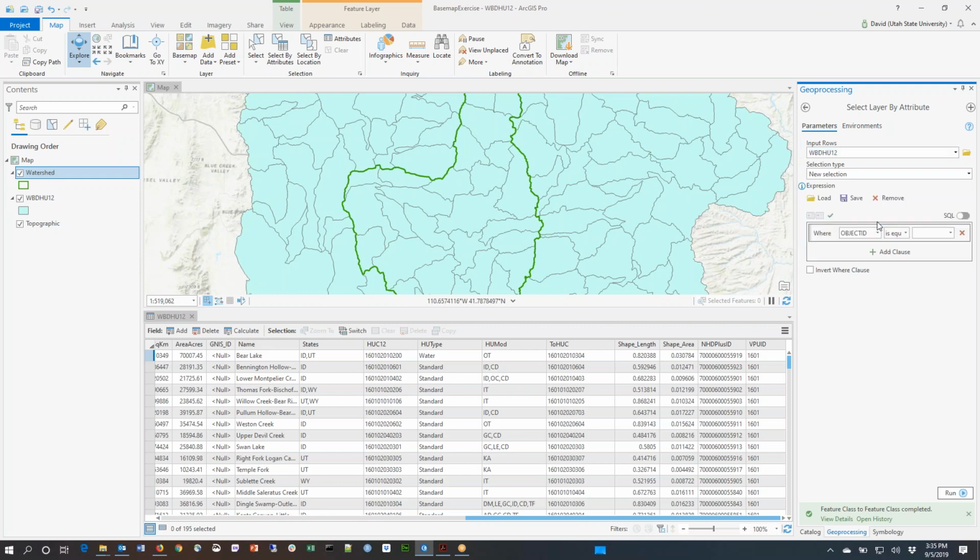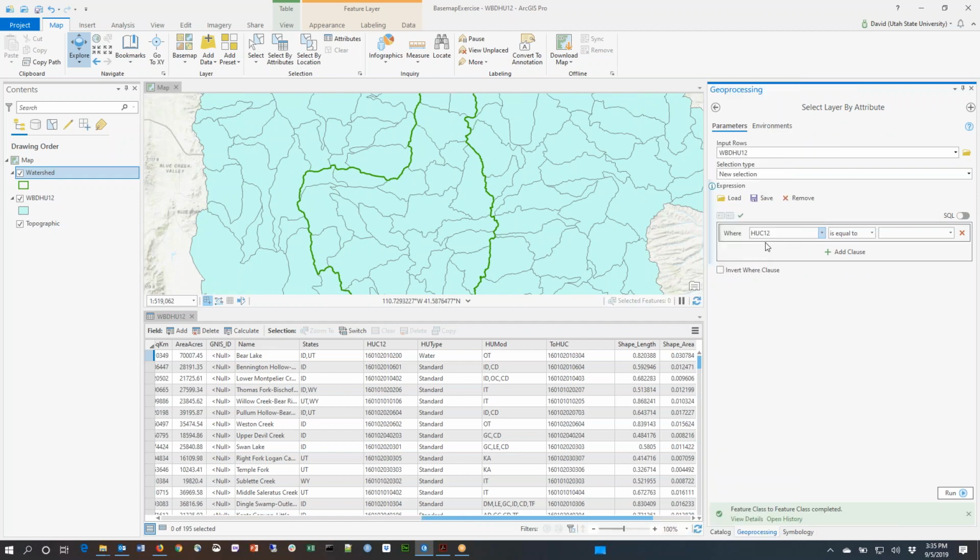So I'm going to click New Expression, and I'm going to say where the HUC 12 identifier is not equal to something. Let me just make this a little bit bigger so you can see a bit more about what's going on. But begins with, so I can query part of that identifier, and I enter here 1601023, and now if I click Run,